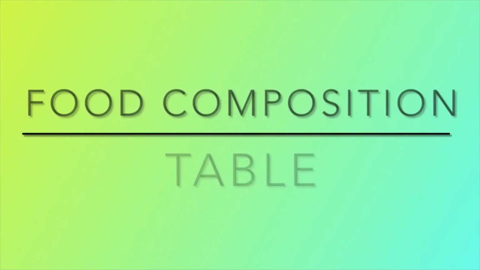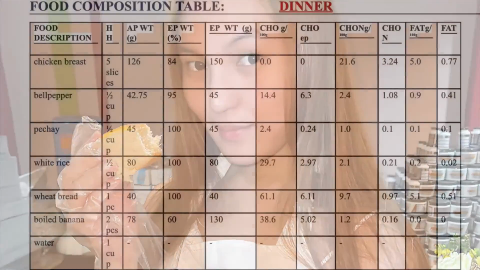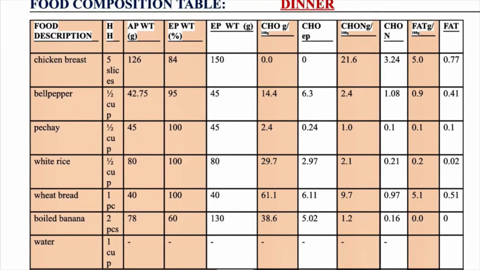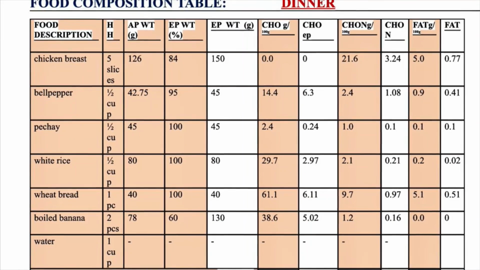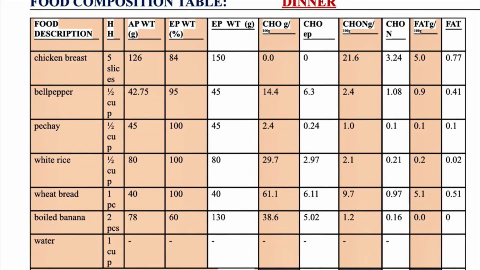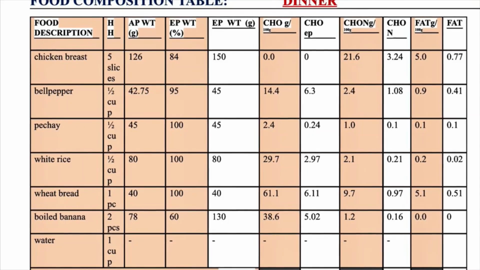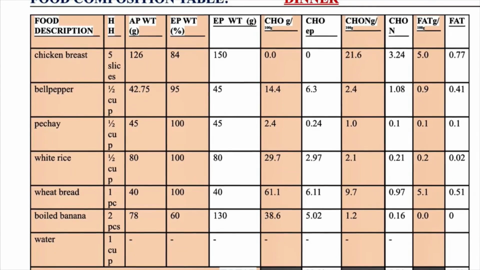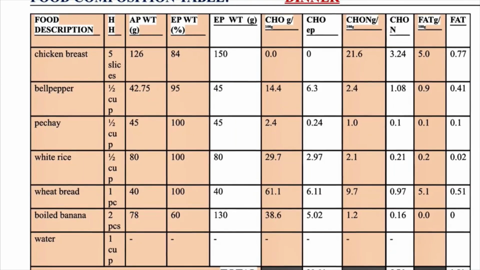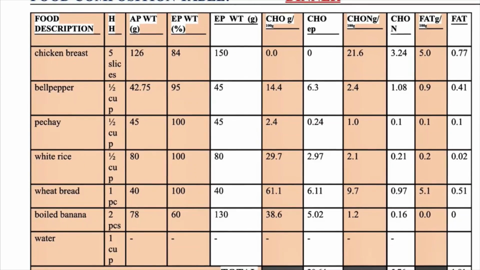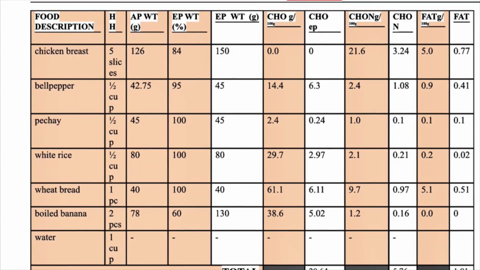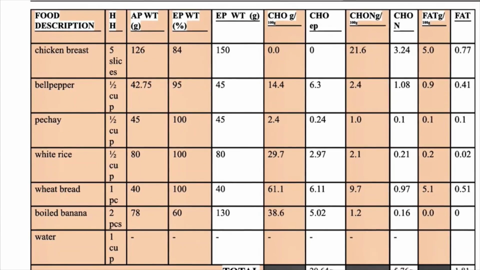In computing the food composition table of the dinner plan, first is to list all the food items. Second is to fill in all the needed information such as the household measurements, the EP weight in grams and percentage, and the carbohydrates, protein, and fat in grams. After that, compute the EP weight by multiplying the EP weight grams by the EP weight percentage, and to get the carbohydrates, protein, and fats EP,